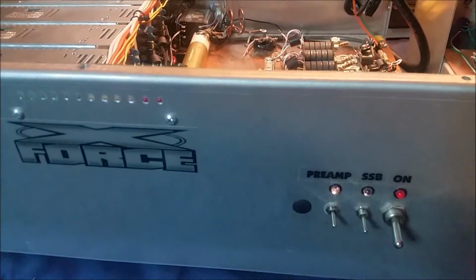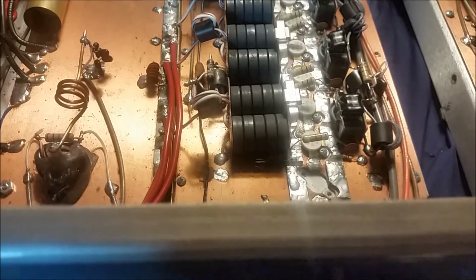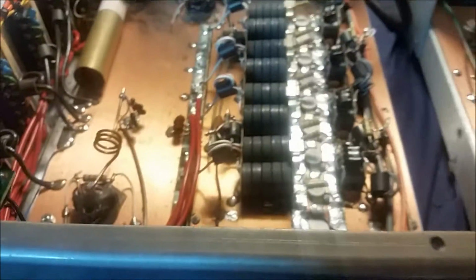We got an Xforce straight 8 base plug in the wall, and it appears that this was either a straight 10 pill or a 2x8 at one point in time. You can tell where there were two extra transistors there. Could have been a straight 10. I'm not sure, but